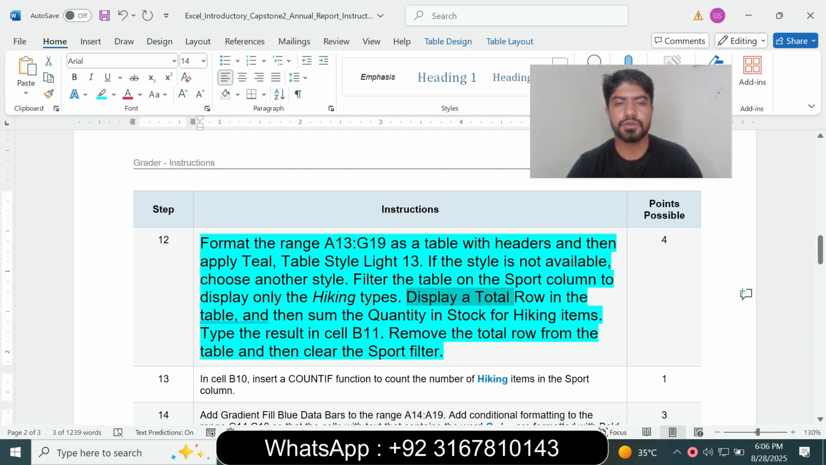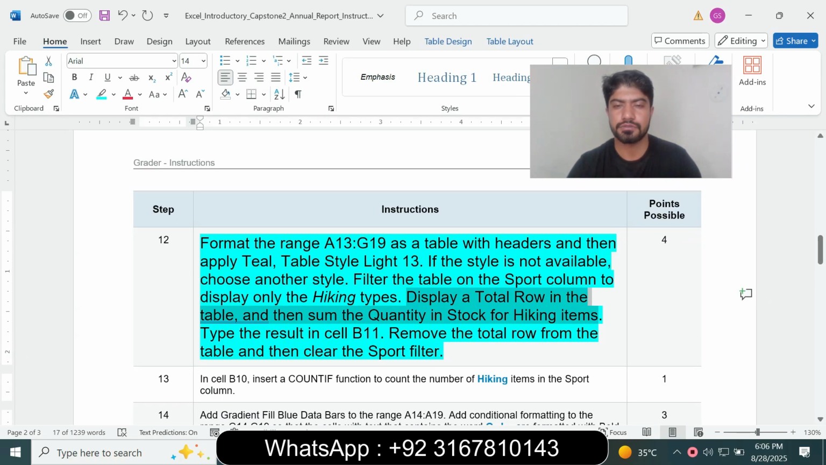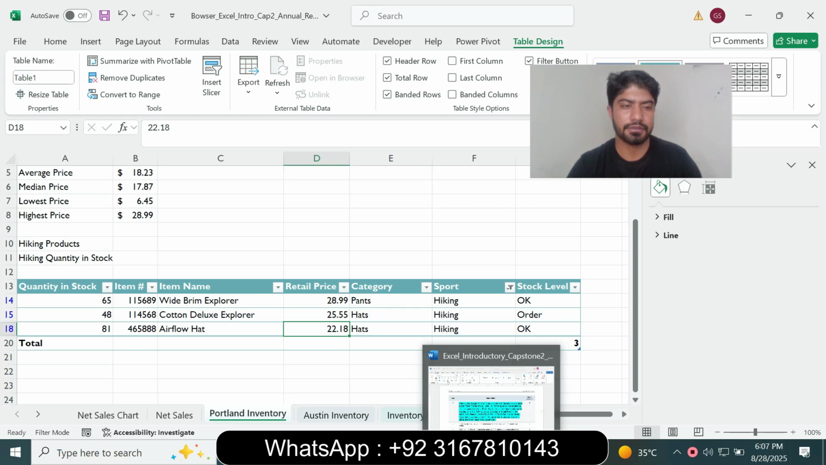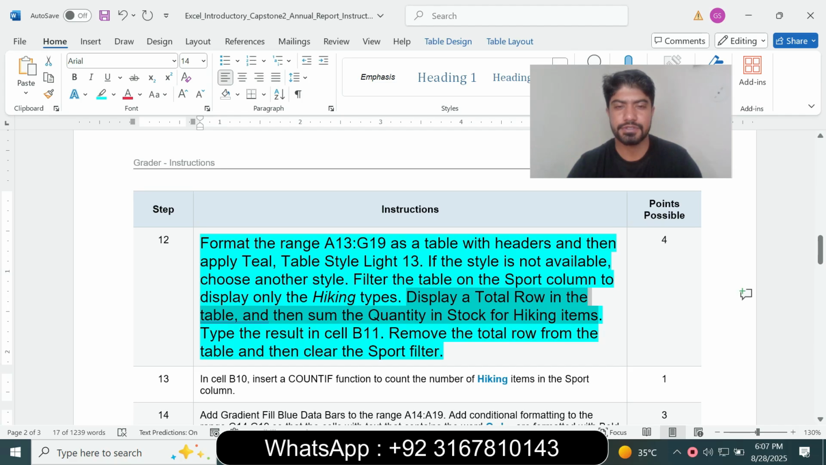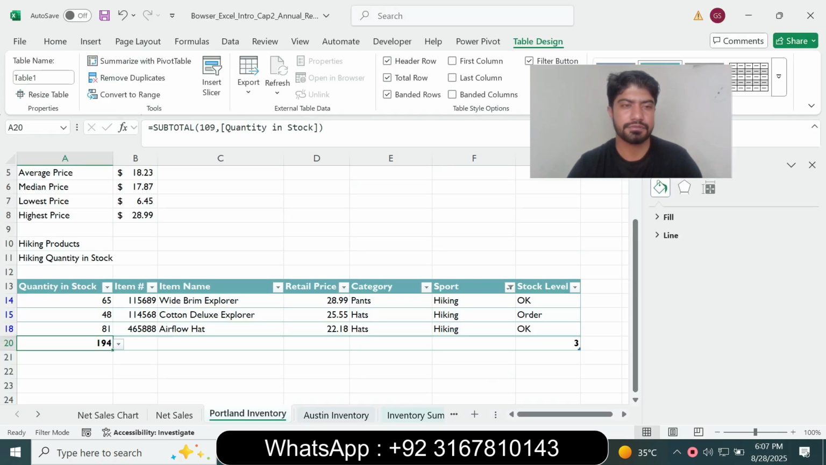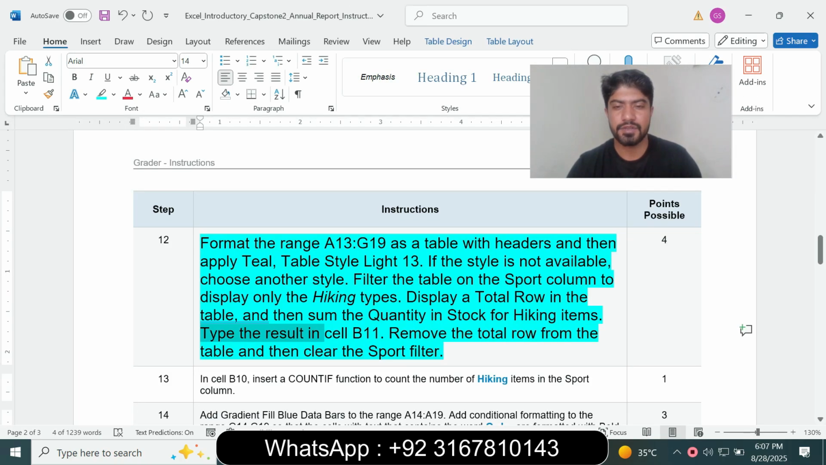display the total row in the table and then sum the quantity in stock for the Hiking items. So display the total row, and next is sum the quantity in stock for the Hiking items. Just click Sum, click OK, and next is sum the quantity in stock for the Hiking items and type the result in cell B11. So select B11 and type 194, press Enter in cell B11,